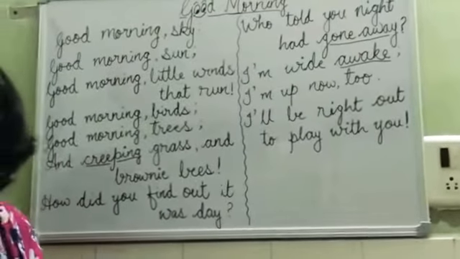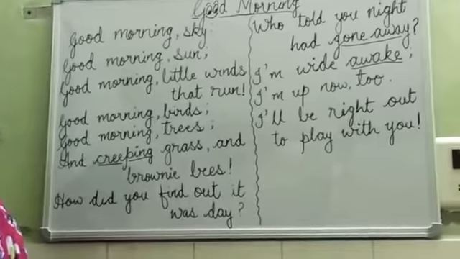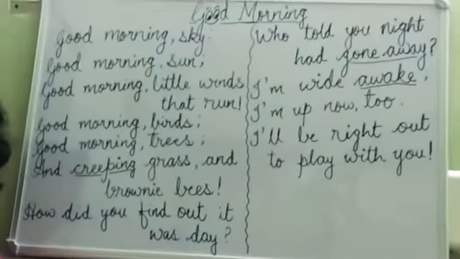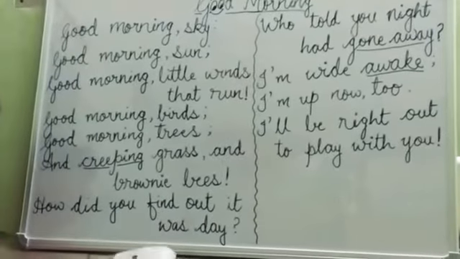Okay. So children, now here let us come to the book. Now when you turn the next page, reading is fun. So here there are some questions. The first question, why is the child in the poem happy? So why do you think the child is happy? Because the night is over and it is morning. It's a very good morning. So that's why the child is happy.